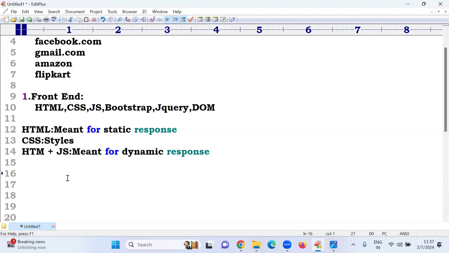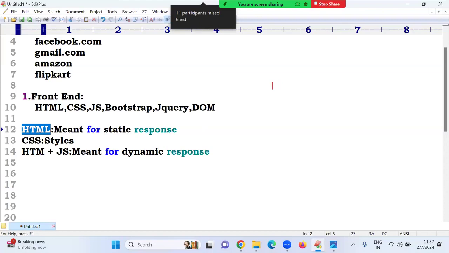Okay, fine. Here the major question is, sir, what is the difference between static response and dynamic response? For example, by using HTML, I want to print one message: Hi, welcome to Django classes.